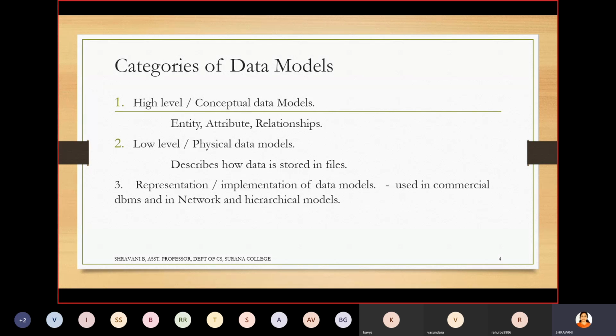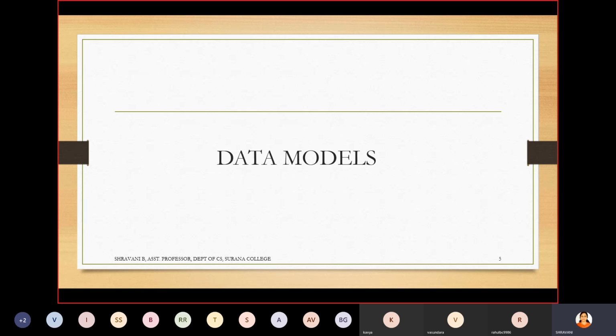You will learn this in the architecture of database management system, where you will have three levels: conceptual level, physical level, and implementation. Before going to that architecture, let's see what the types of data models are.